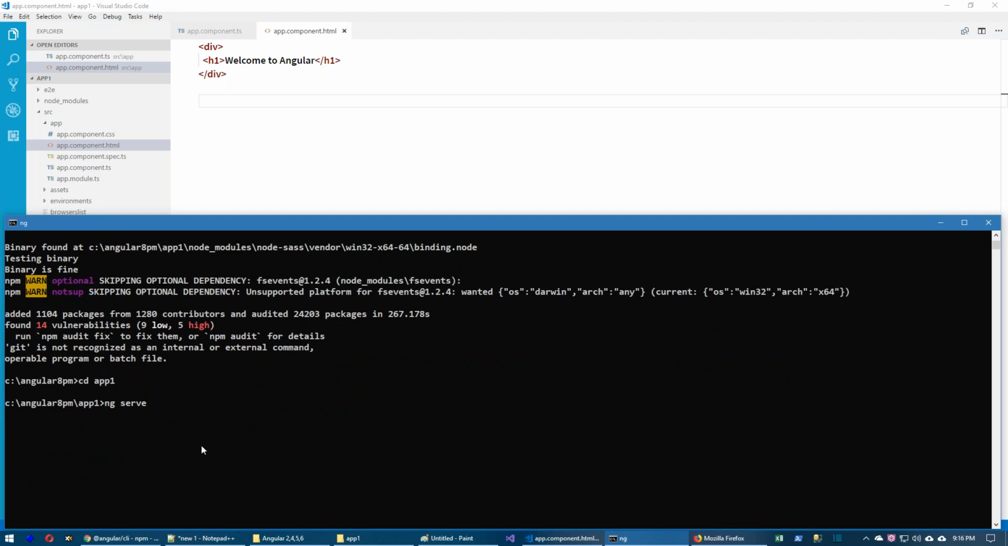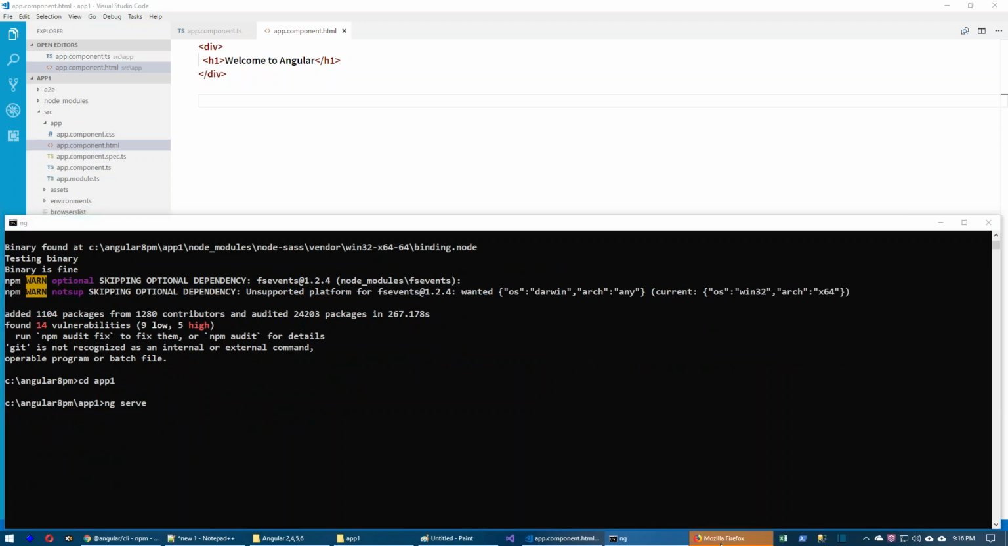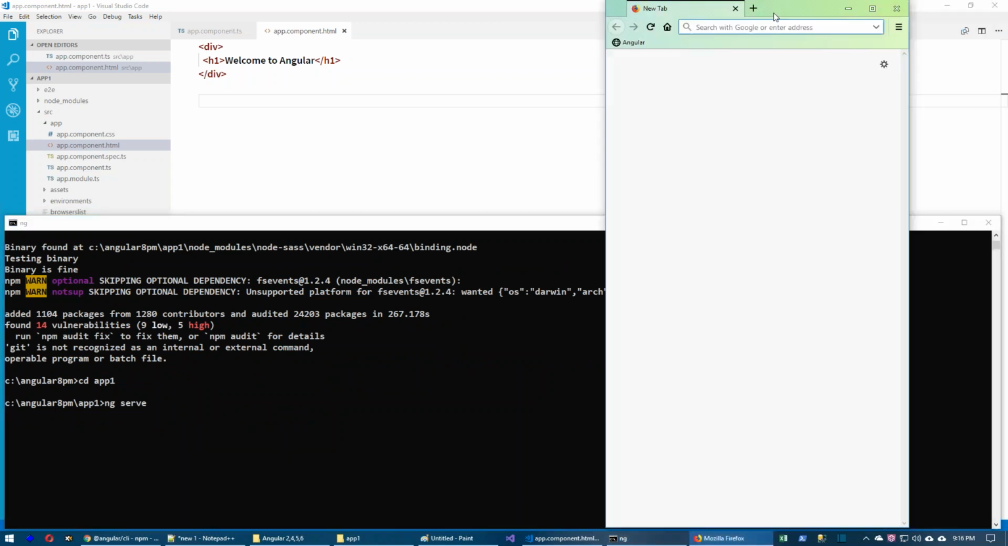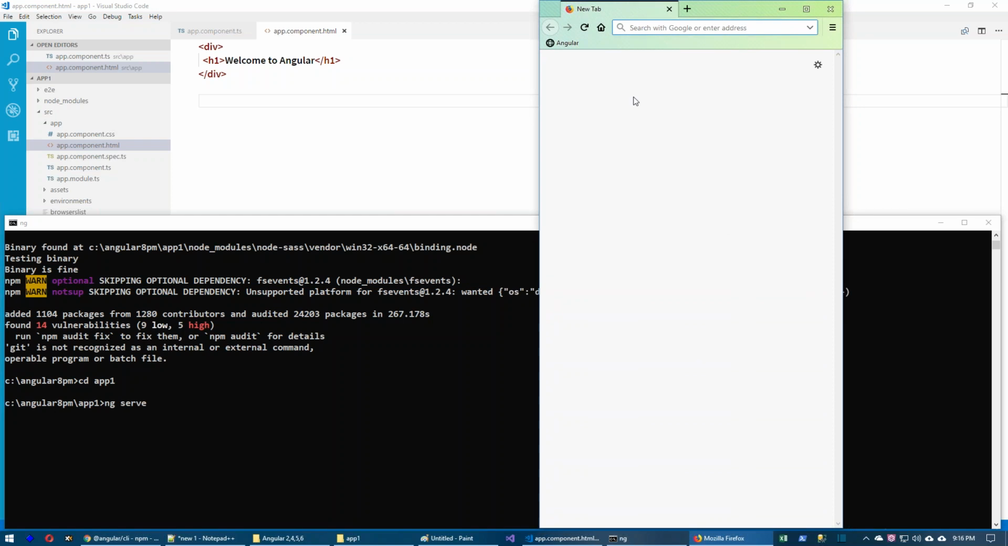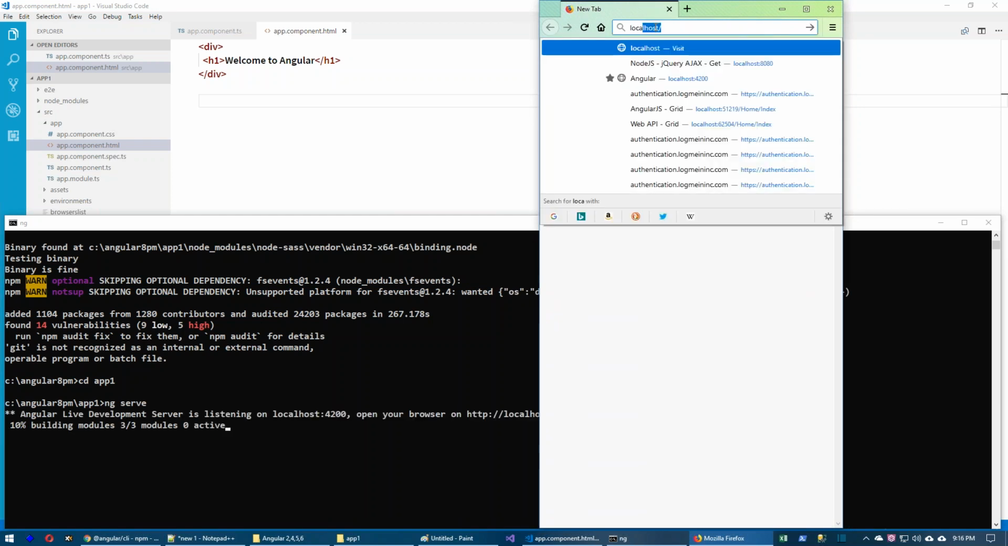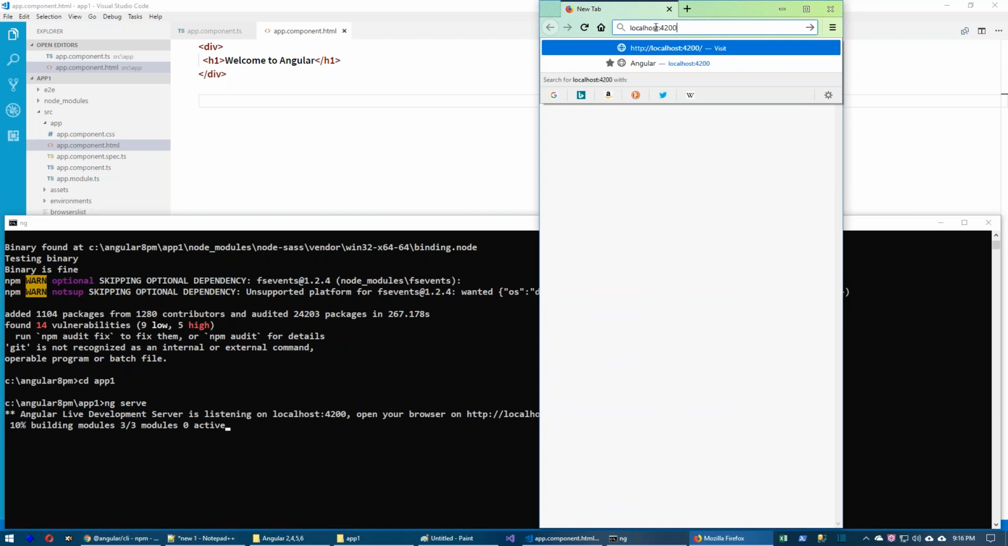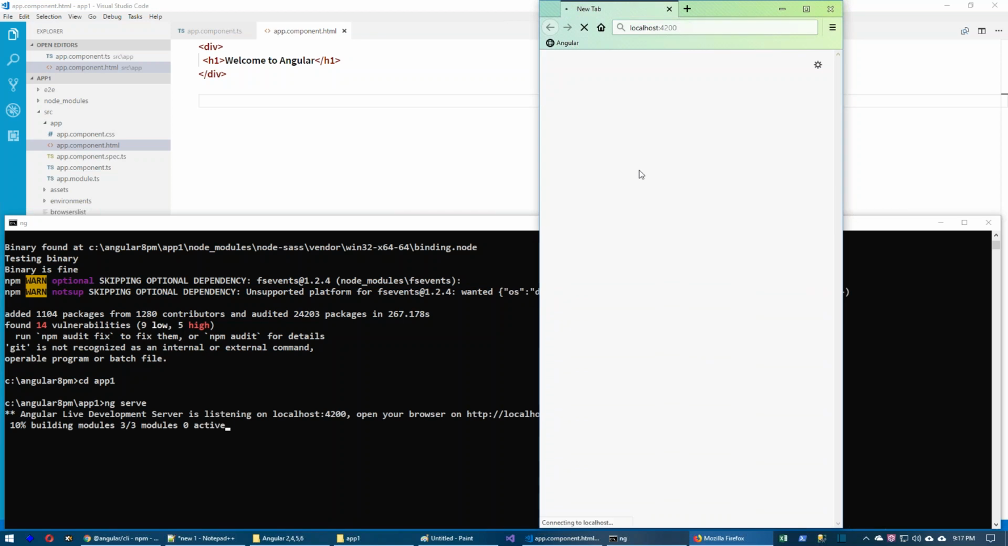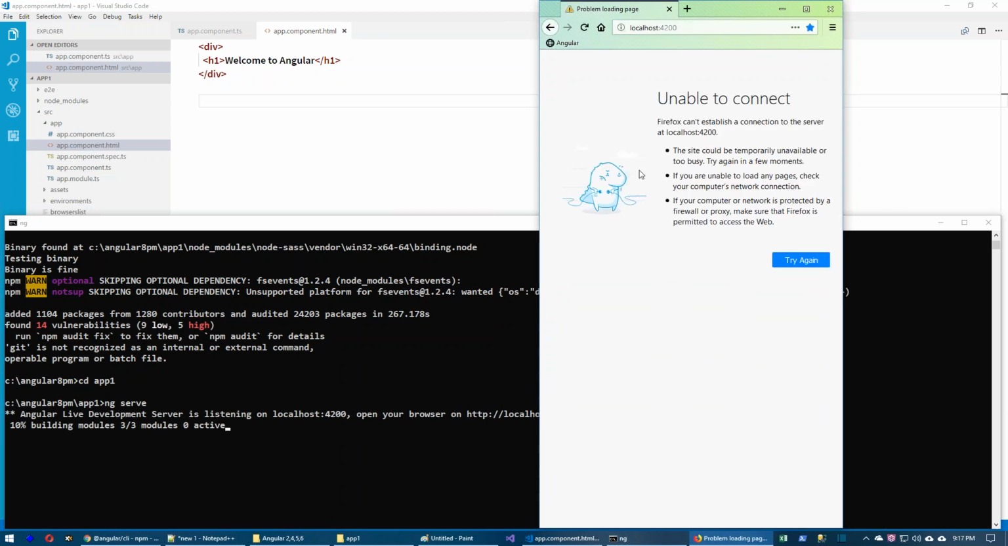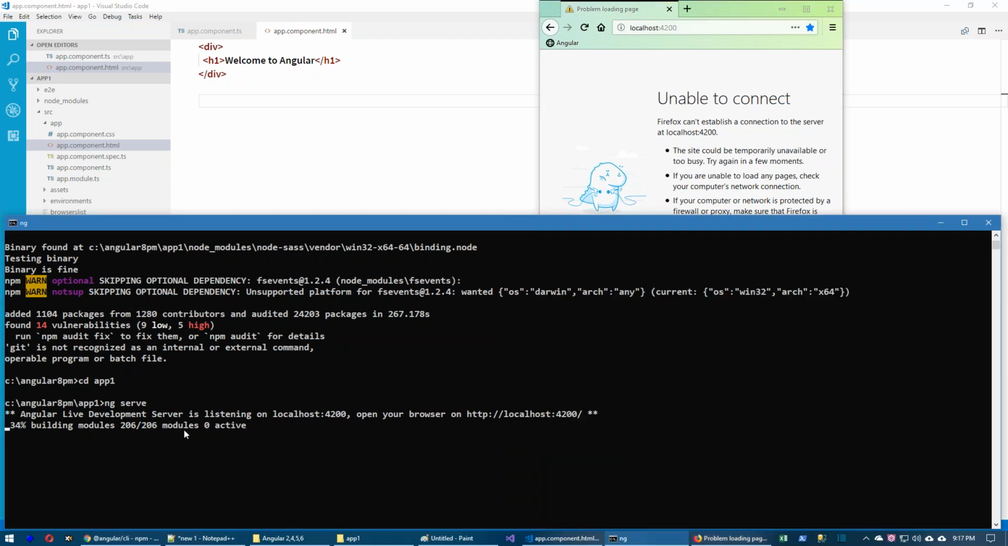It is compiling internally. Meanwhile, we can open a browser and enter the URL localhost:4200. Once we give the URL localhost:4200, after a few seconds you will get the output. It is still compiling. You can see the process in the command prompt window. Once it is completed,